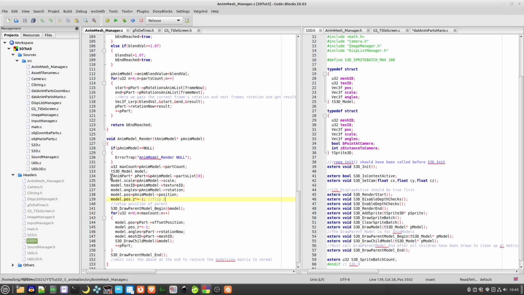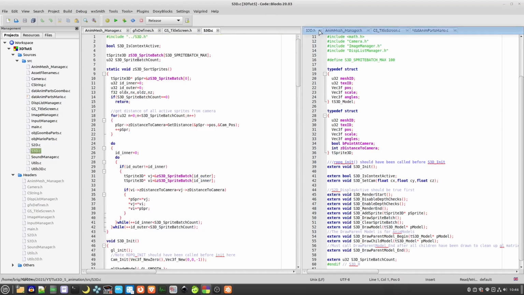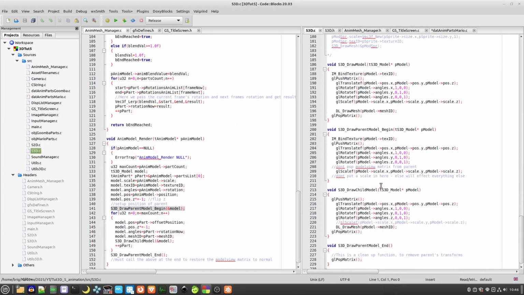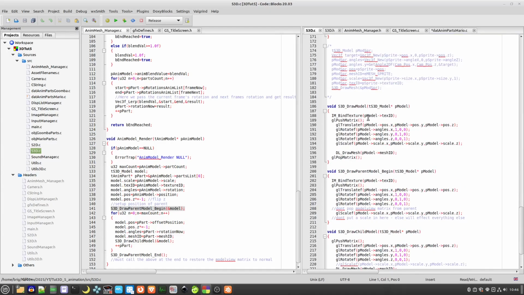So you see at the start here, we have a model structure in here. So we set the model's scale, texture, angles and position from the anim models, because obviously that represents the actor as a whole. And then you pass that to draw parent model begin. And then what happens in there is we